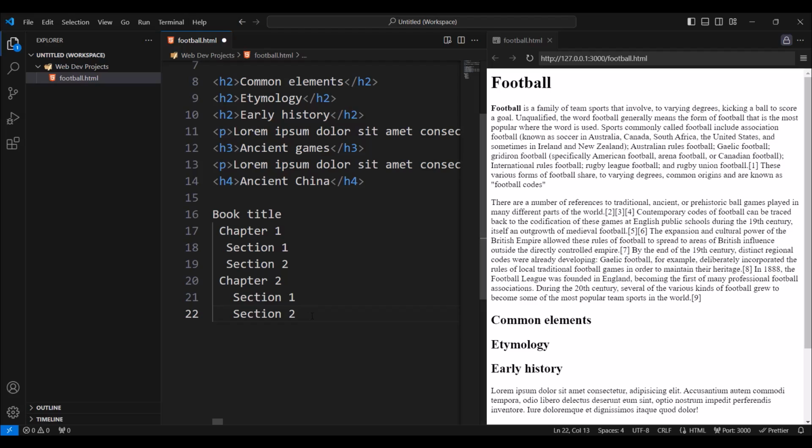Let's also add the chapter 3. Chapter 3. And let's put here section 1 and subsection. Let's put 1.